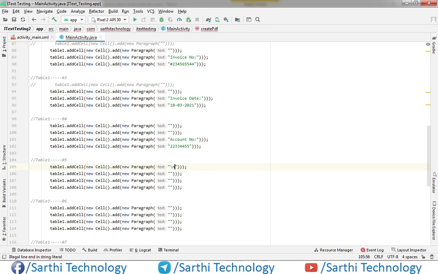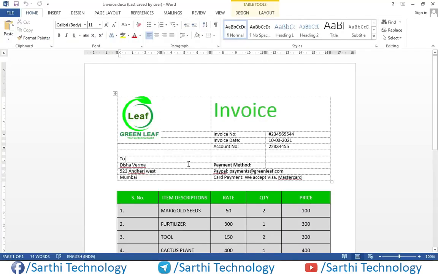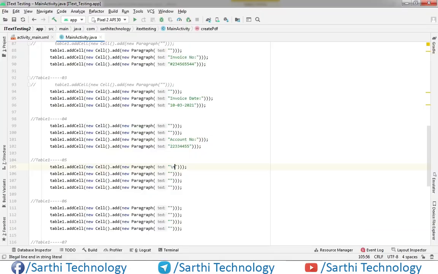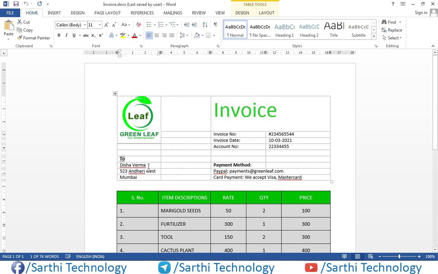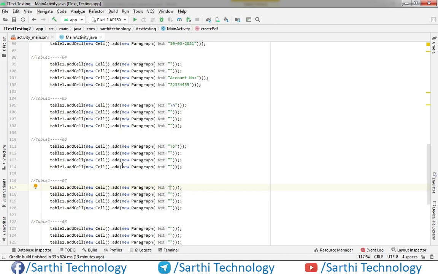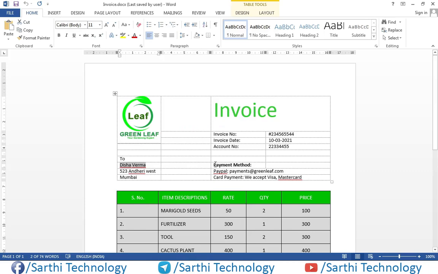Okay, and next is 2. All these are blank, and in the 7th row we have this name. Second is blank, and in the third we have this payment method.